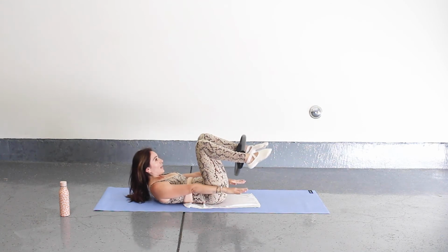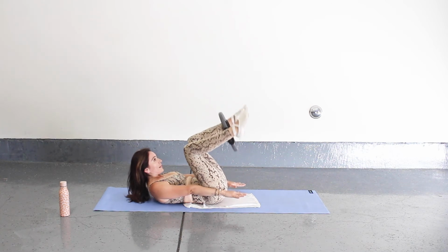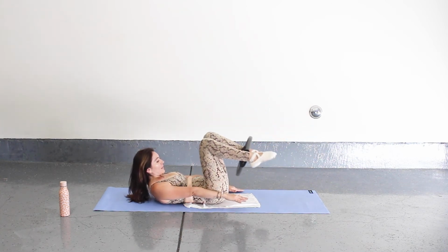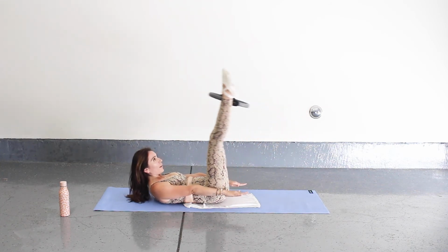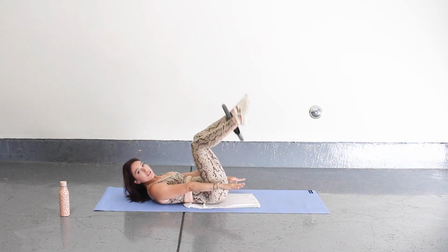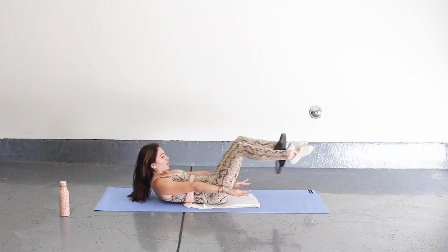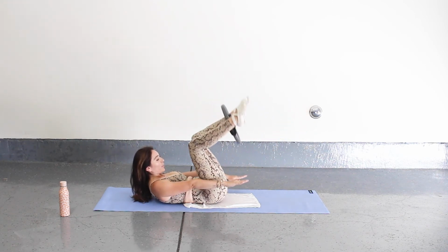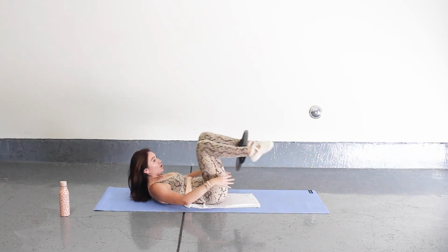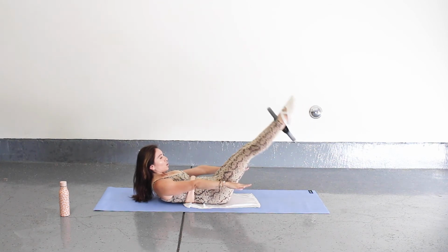So we're going to bring our legs out, lift them up to the ceiling, bend them in. So we're just lengthening those legs up, bend them in, and push out. If this is too much for you, you can keep your head down. But if you want that core challenge, you're gonna lift your head, neck, and shoulders up. Keeping the legs nice and strong. Think about really pushing into the ring. For 3, 2,